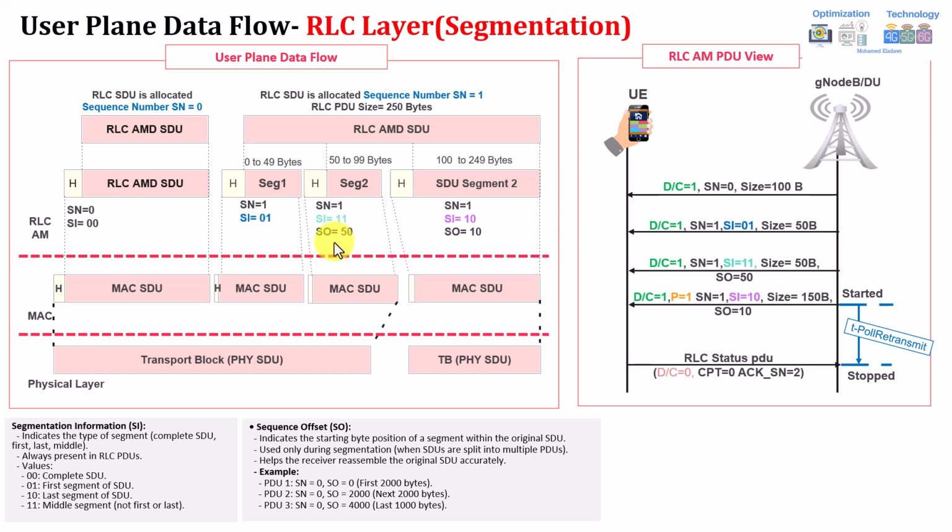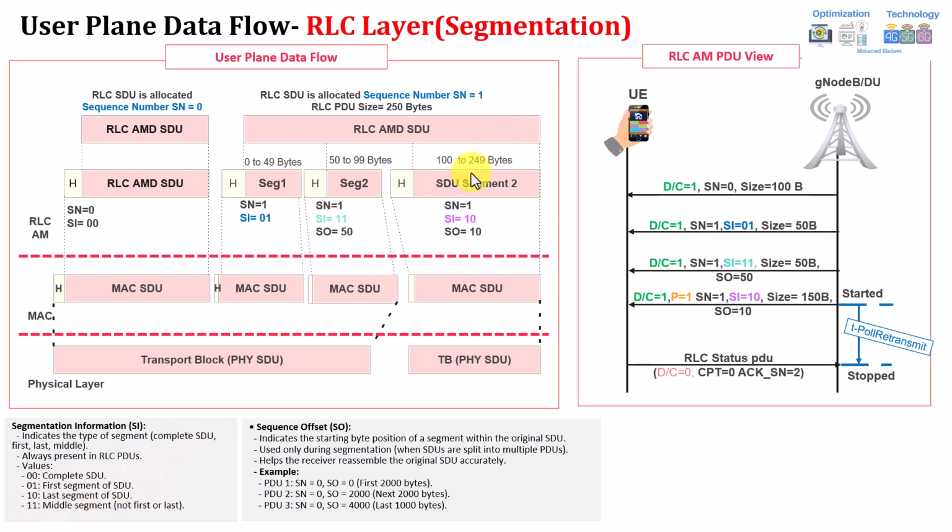But again, you have another information called segmentation offset. This is highlighted in an example, showing what kind of packets is going to be transferred, starting from which point. For example, here the packet size was from 0 to 49. So it's telling him this will be from 50 to 99 bytes, because the next one will be coming with, as you can see here, a segment offset. This should be 100. By the way, this is a typo as well. So this tells him from 100 to 149. And segment information is 10, which means this is the last segment of the SDU.